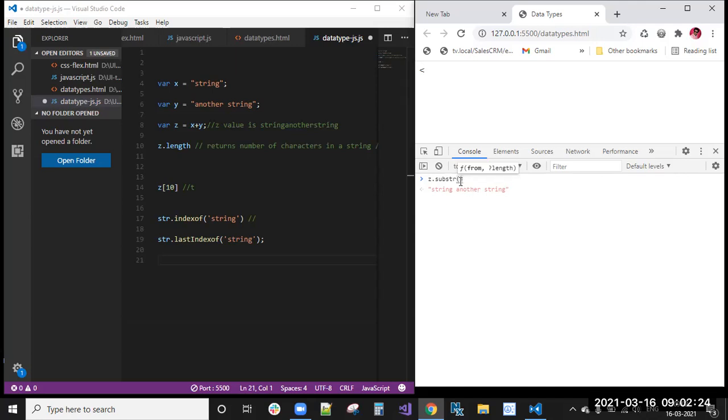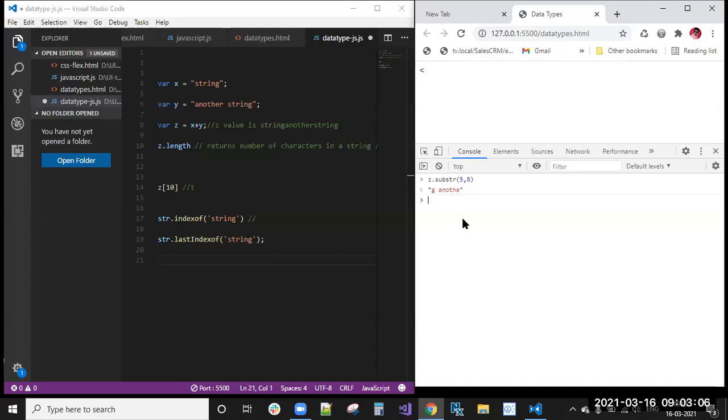Here the first one is the starting index only, say the fifth position, and the second number, like 3, represents how many letters you want to extract from that position. It could be 5 or 8 letters, so from the fifth position it will extract eight characters. That is the difference between the slice method, substring method, and substr method.